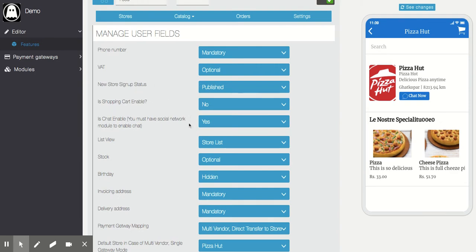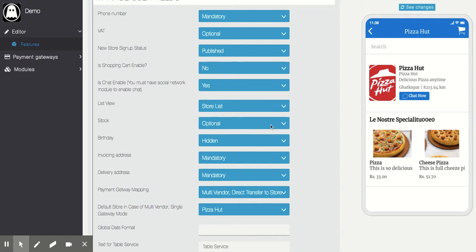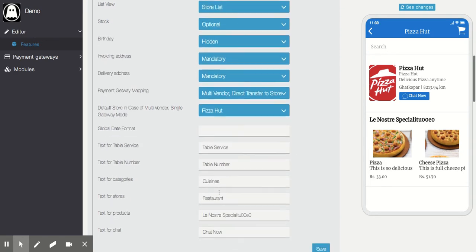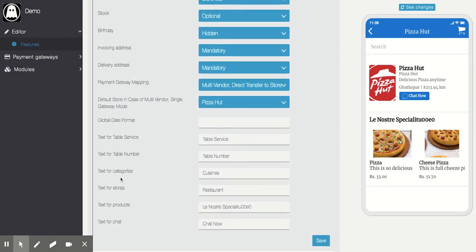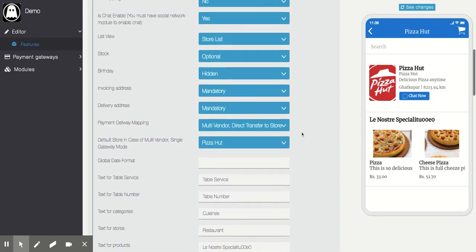There is one more thing. You can use this model for classified. As I explained, you can change the labels here. You can call products ads, so basically everything is customizable, and it can be used multiple times. By changing the labels, the content will change, and based on your content and labels, the user will see and imagine it as a different setup.